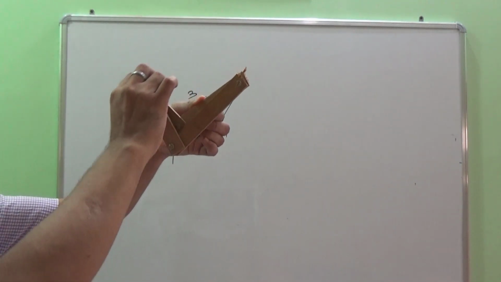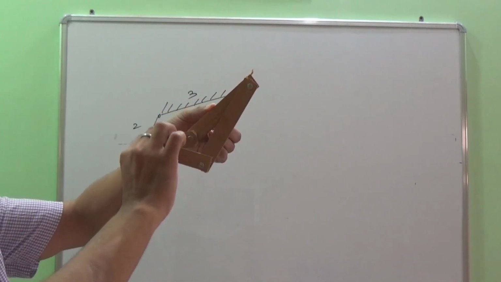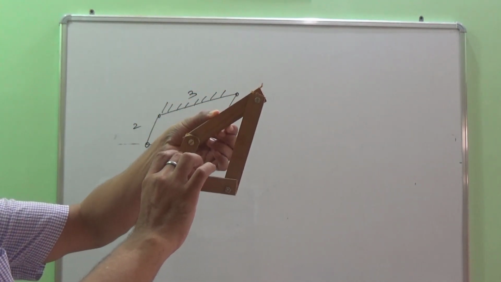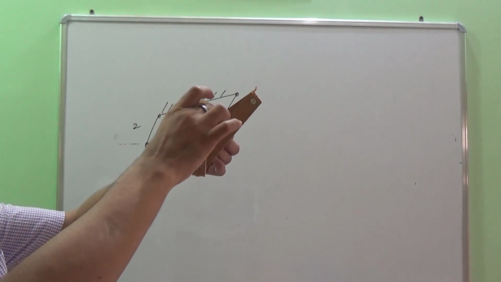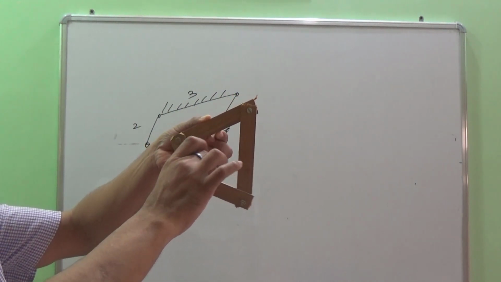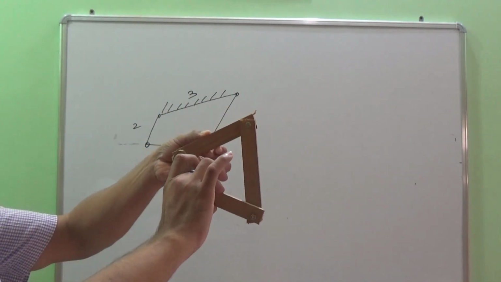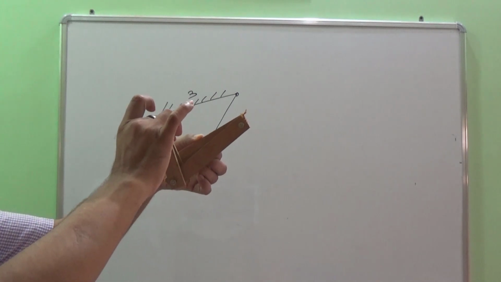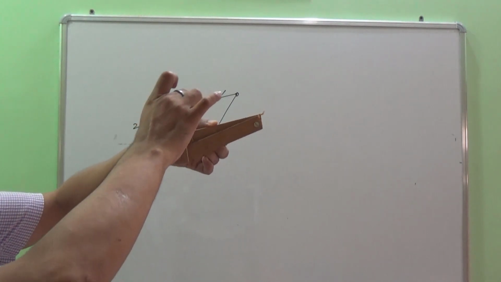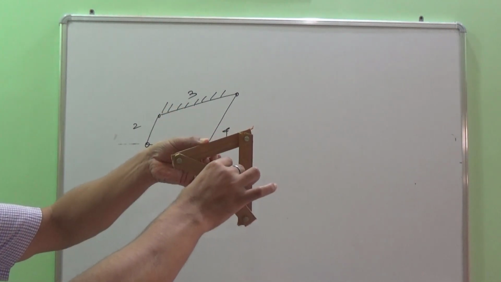One link is rotating, right? So what will this link be? This link will be the crank, right? This is the crank, and this link is called a rocker because this link is oscillating. If you carefully see this, link 2 is making a complete turn, whereas this link is just oscillating. You see this?